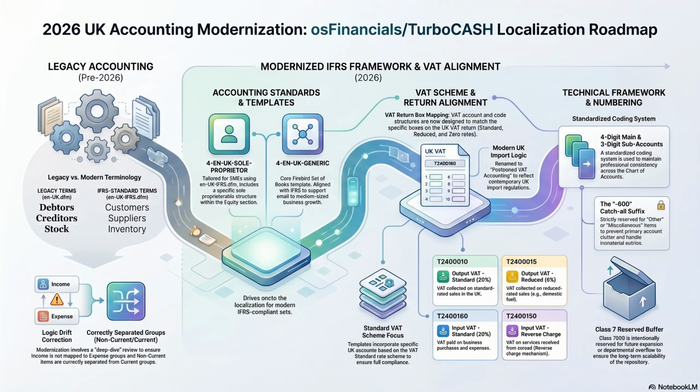And since we are talking about claiming deductions, that brings us to the flip side of the matrix, the input VAT. This is the tax the business pays on its own purchases. The software gives us T2400100 for input VAT standard rate. So that's the 20% I pay when I buy that computer or that display rack. Correct. And the software automatically funnels the balance of T2400100 directly into box 4 of your VAT return, which calculates the total tax HMRC owes you back.